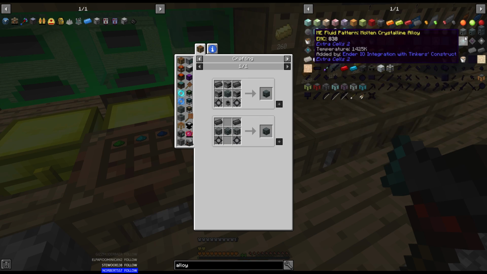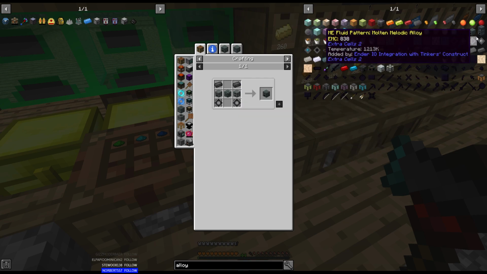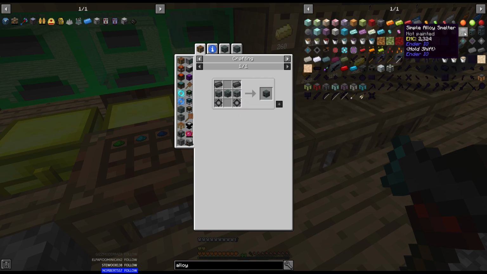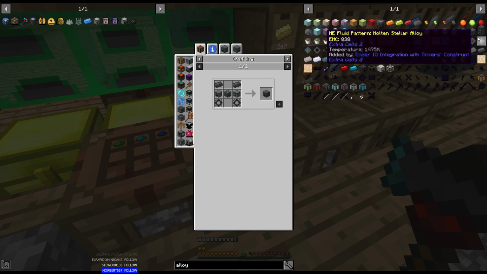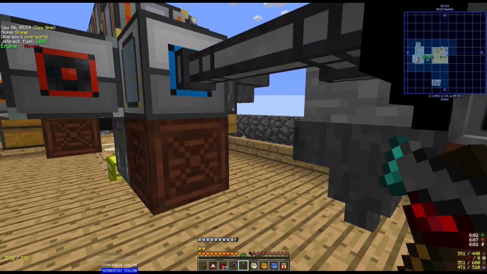Because I've already got one, right? Simple alloy smelter. Can we use this for anything? So simple powered... Is that what that's called in that? Apparently we can put that as a part of this recipe instead of doing 3 furnaces. I'll just do the 3 furnaces. I'd rather keep that in case I need it for...